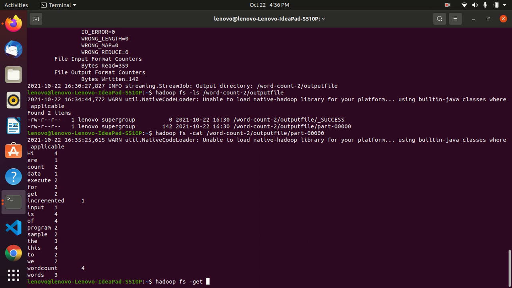What is the get? Get is to get the data from the source to destination, and we can use copyToLocal as well here to get. So here we need to give this HDFS location. So the HDFS location is that slash wordcount. We will just copy and paste it.